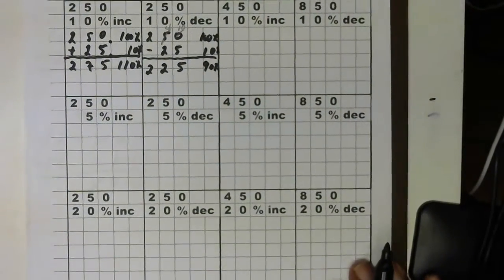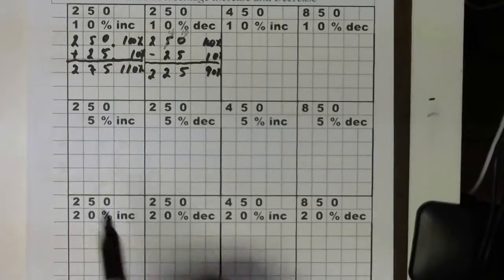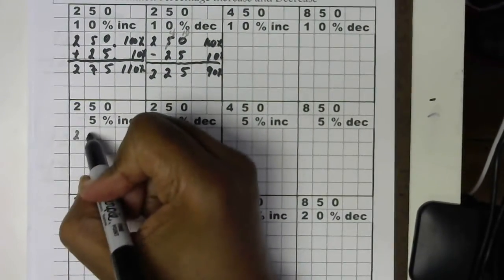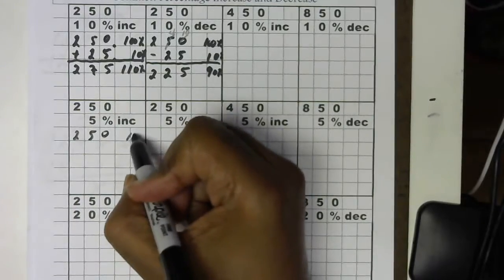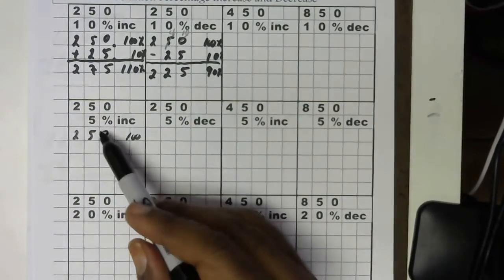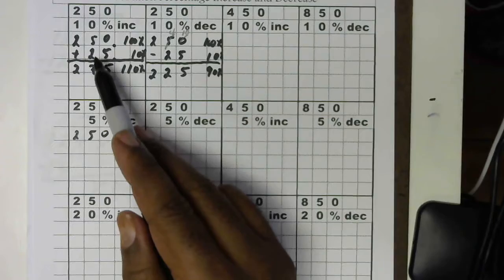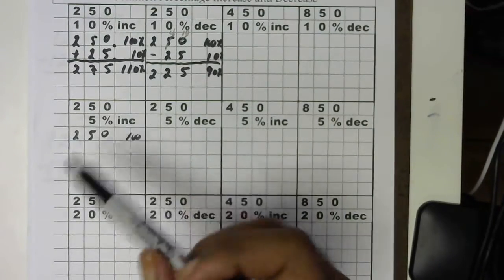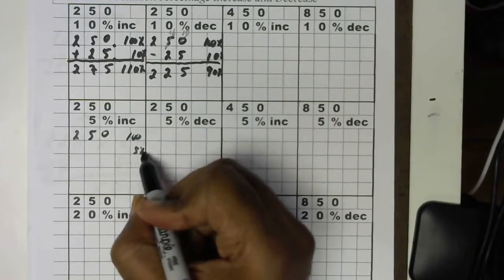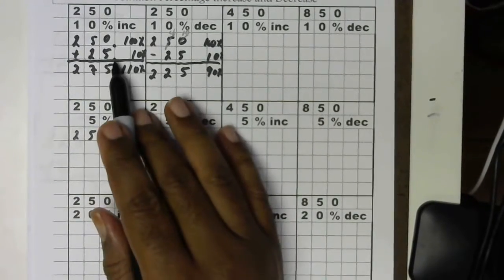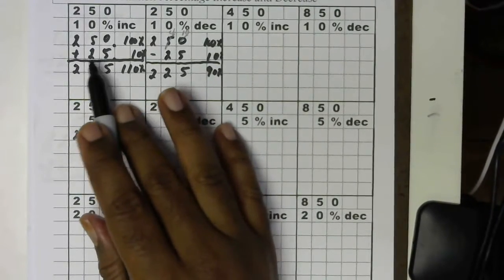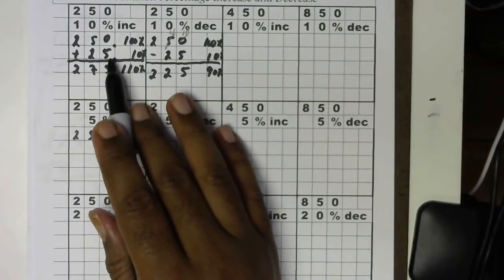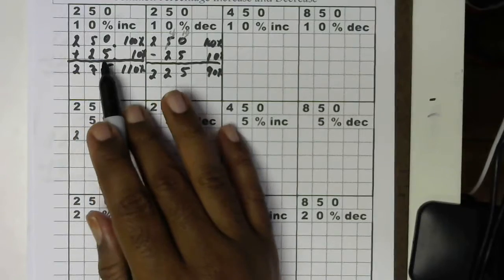Okay, next one. This is 250 and we want 5%. So 250 represents 100%. To get 5%, we basically go to our 10% answer, which is 25, and we get half of that in order to get the 5%. Now, how do you take half of a 25? It's not easy. That's an odd number. So I'm going to take half of 24, and then I'll take half of 1. So I'll do it in steps. So half of 24,